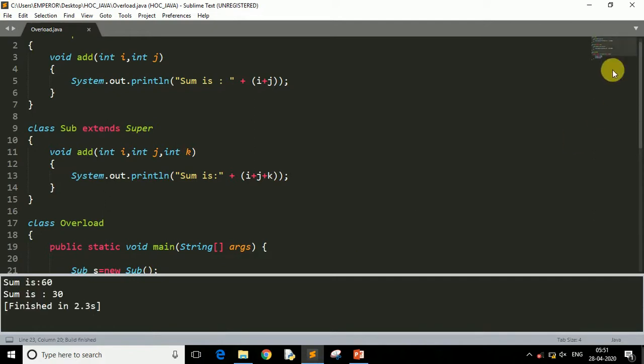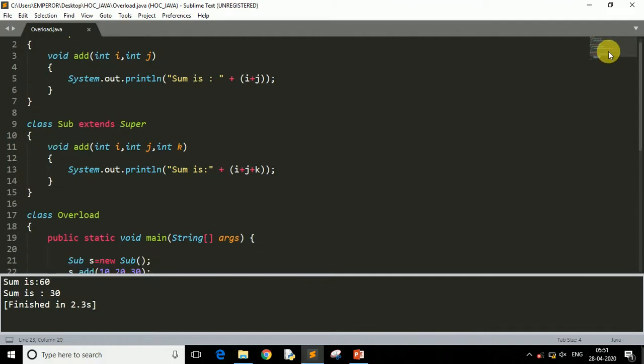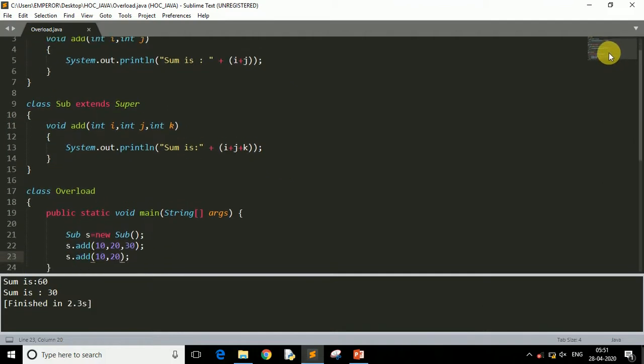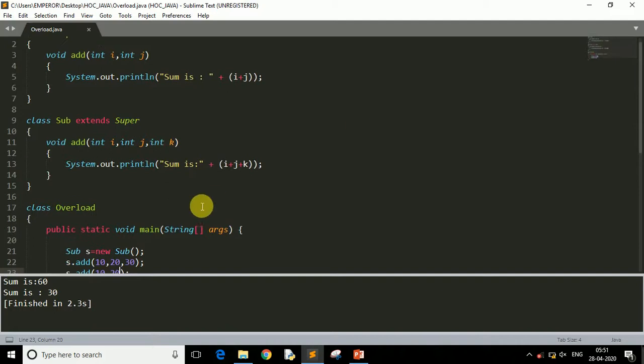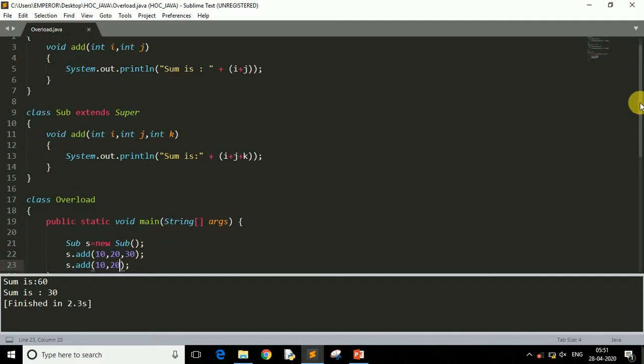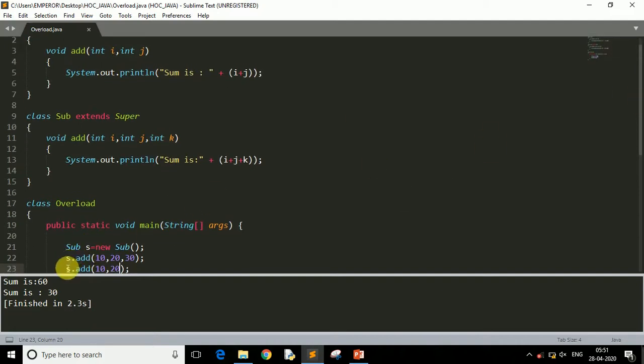So let me show you how the program flow works. Look, we have called the add method which has three arguments, right? So it will call this subclass add method and this will perform the addition of three numbers and print the result.